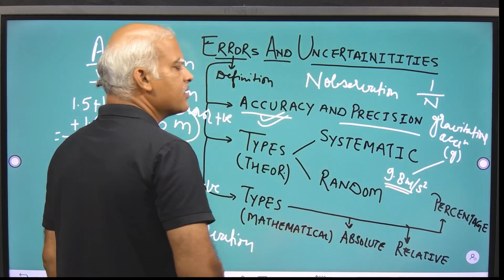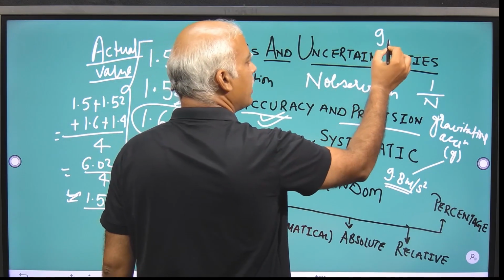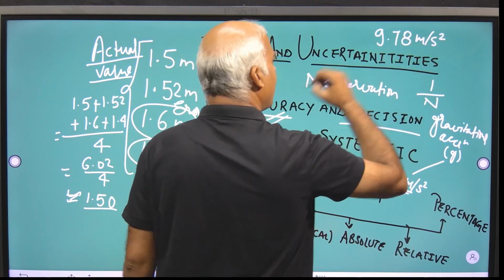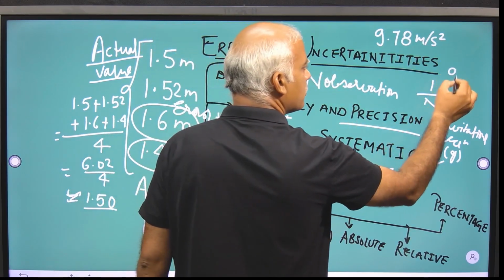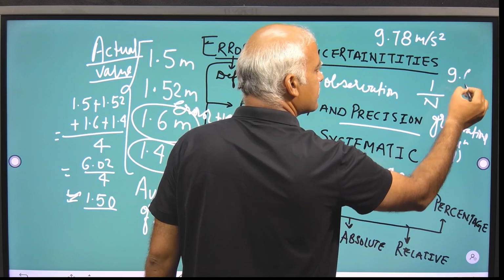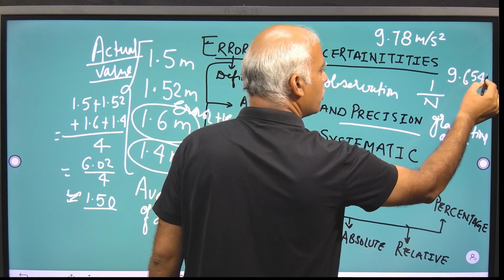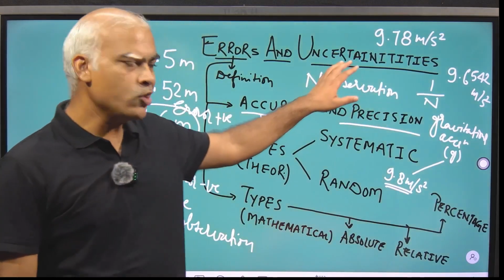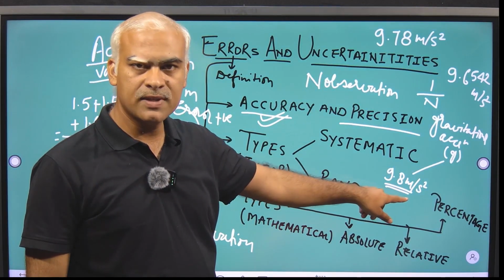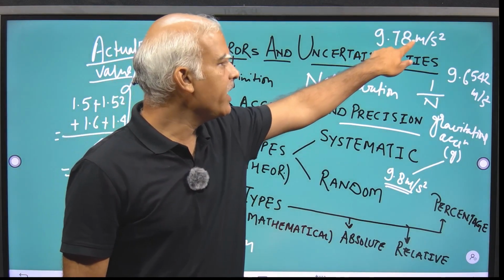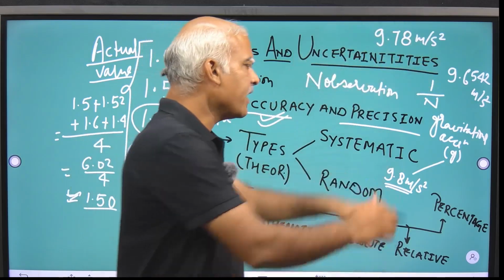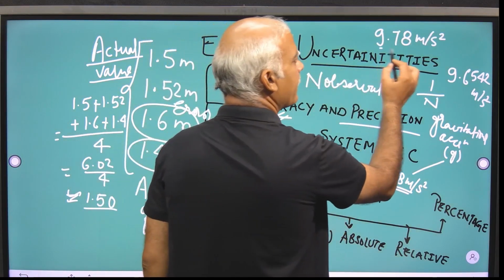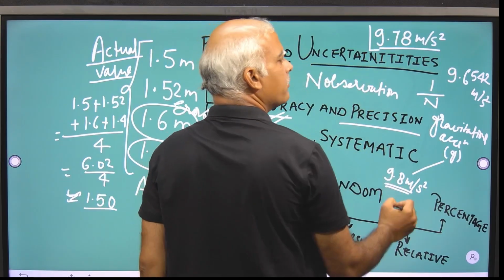If a student is getting a value of 9.78 meter per second square, and another student is getting a value, say, 9.6542 meter per second square, then which value is closer to the 9.8 meter per second square? It is 9.78 meter per second square. So this value is more accurate,